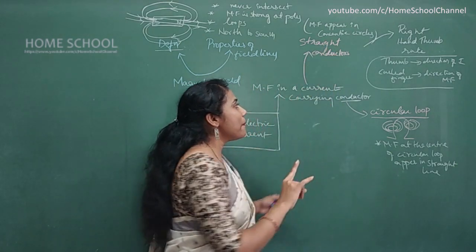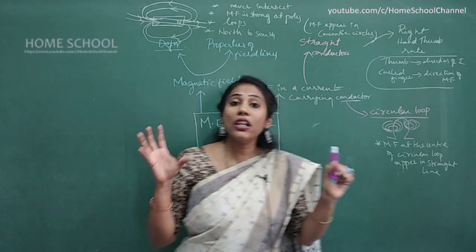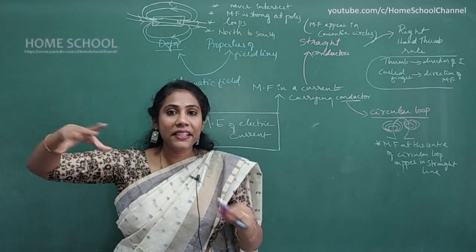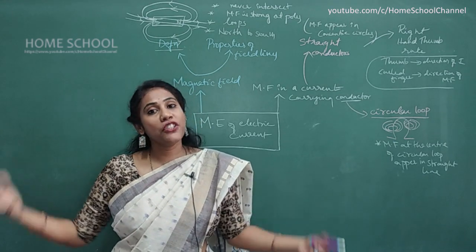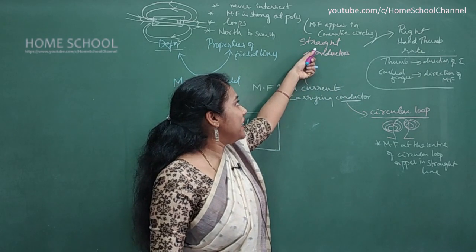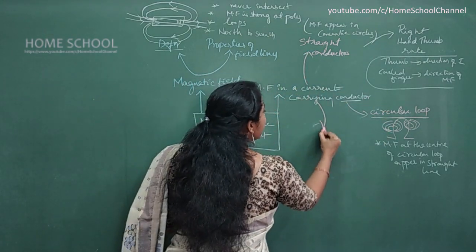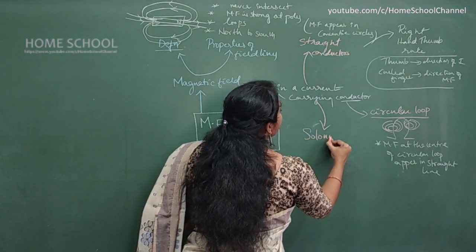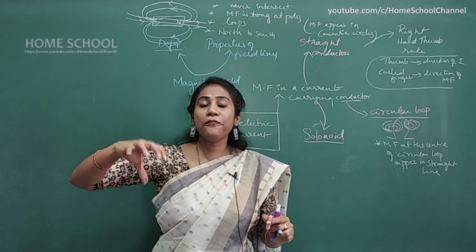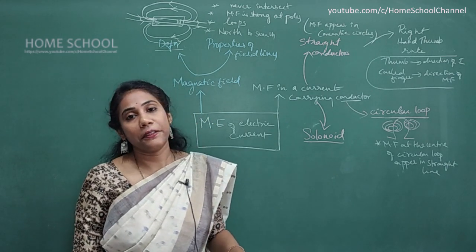The first thing is that the amount of magnetic field generated in a straight conductor always depends on the amount of current. The more current that is supplied in a straight conductor, the more magnetic field is generated. It is true for all the cases: if the current is carried in a straight conductor, in a circular loop, or in a solenoid. In all the three cases, one point is common: more magnetic field appears when more current is passed in a conductor, right?